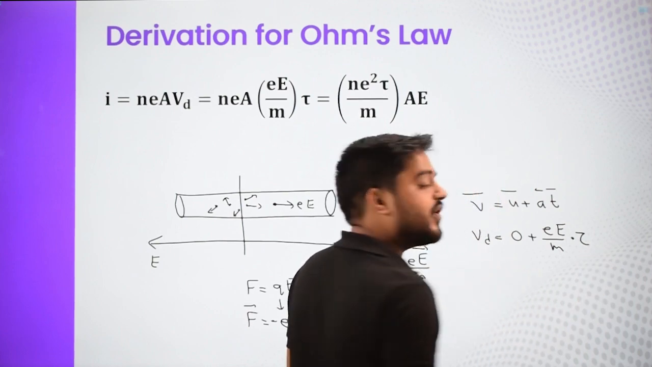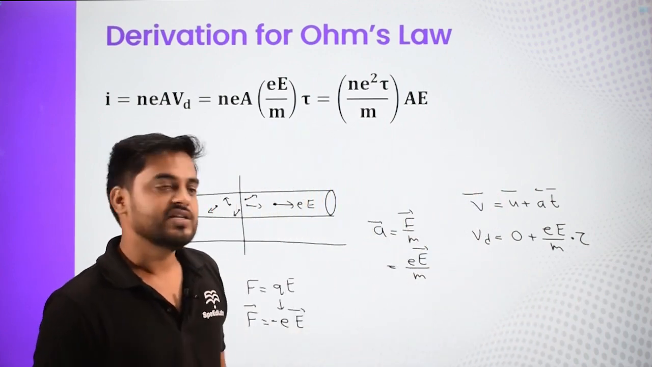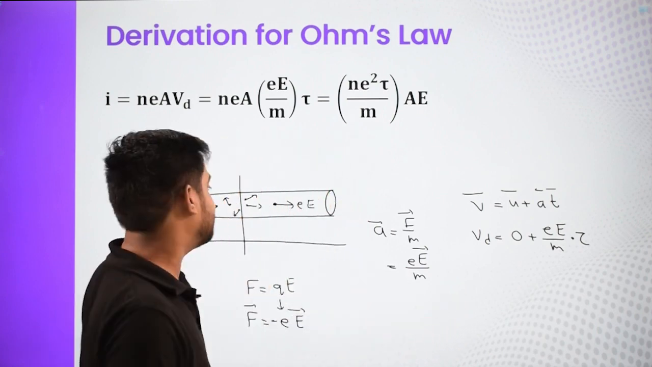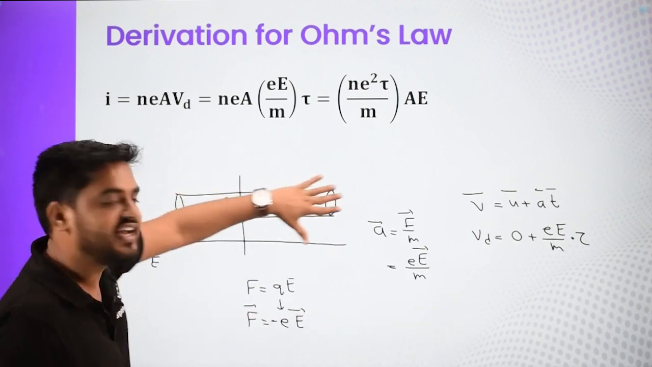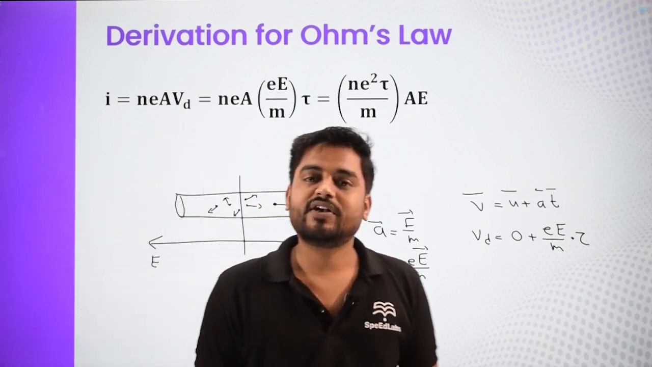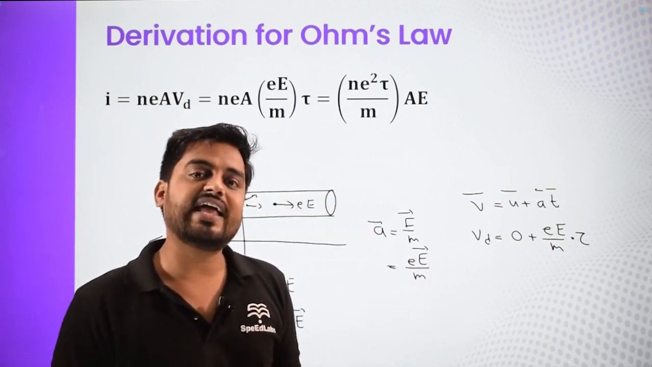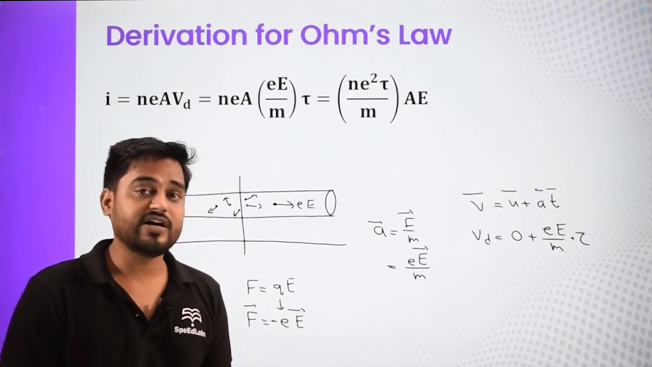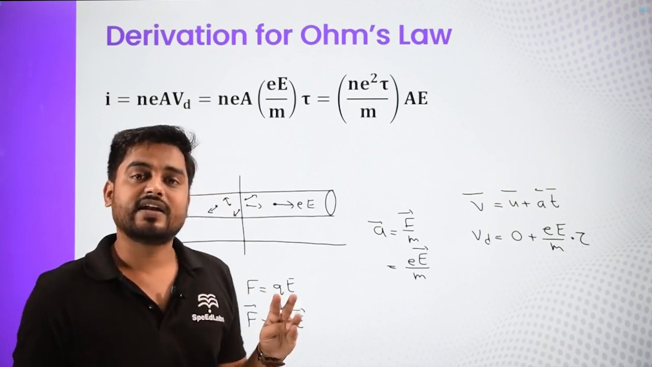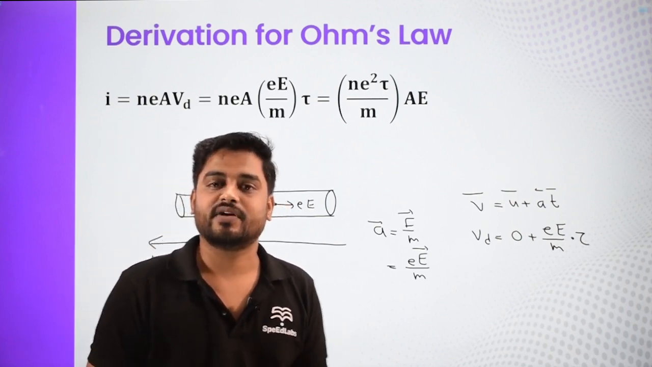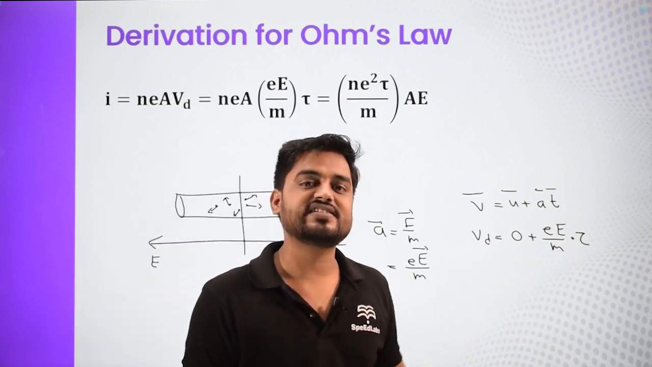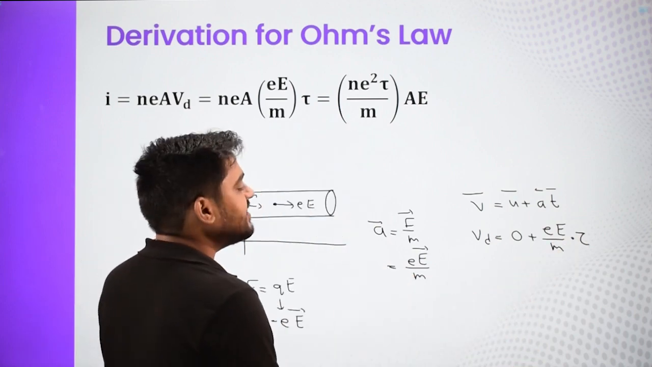What is tau? Tau is called the relaxation time. When electrons travel, they cannot travel in a straight path; there will be collisions in between them, and the time duration between any two successive collisions will not be constant. So, what you can do is simply write the average collision time. The average time between any two successive collisions is tau, and that is called the relaxation time. And hence, we get this